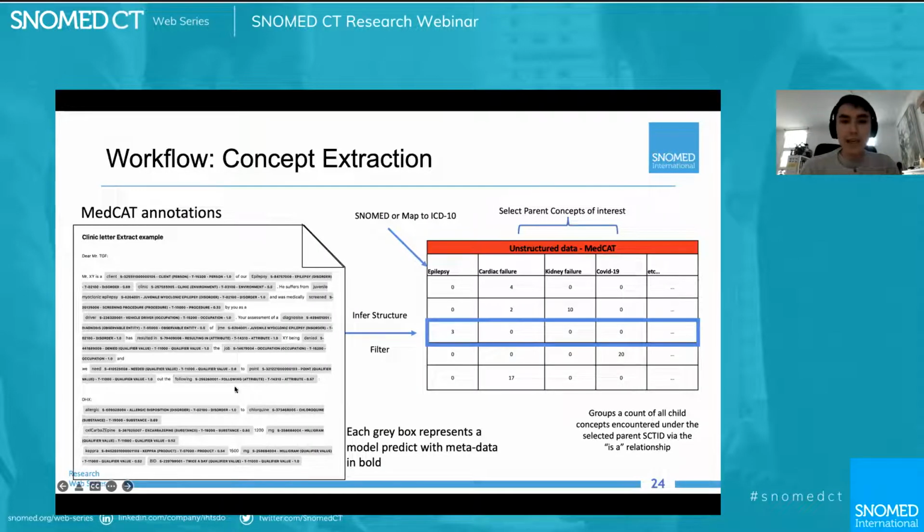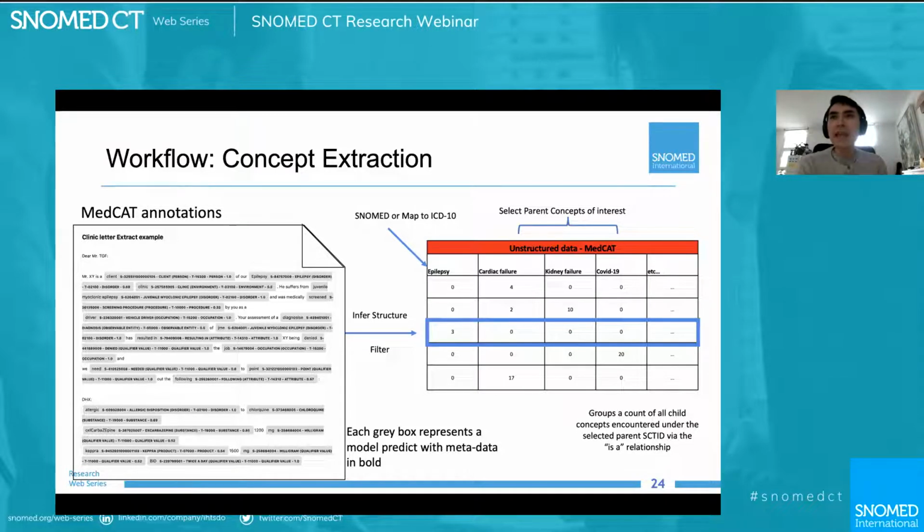From here, you can very readily infer a degree of structure, and you structure it based on your SNOMED CT hierarchy via the, I guess, ISA relationship. All you need to do from a data analyst perspective is choose the top level parent concepts. So if you're interested in cancer, all other forms of malignant or tumor growth should also be counted under it. In this case as well, epilepsy, juvenile myoclonic epilepsy, etc. And these can be as high level or as low level in the hierarchy as you want.